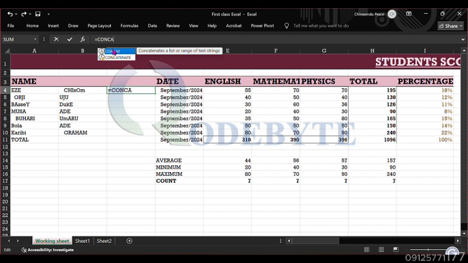So I'm just going to double click this, and then it's asking me to put the first text that I want to join together. So this is the first text, comma. Then it's asking for the second text. Okay, so this is the second text. And okay, let's just say these are the two texts I want to join, and then I close my brackets and press enter. So when I fill this up,